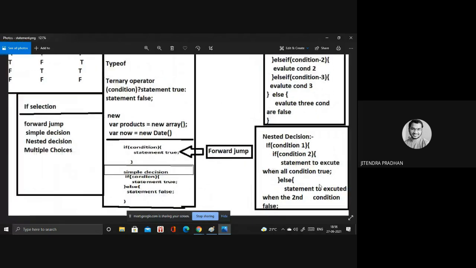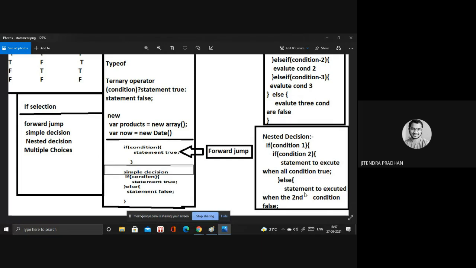In the nested decision, we have an outer condition and an inner condition. Two conditions: condition one, condition two. If the first condition is true, then it goes to condition two. If the first condition is false, then it goes to the else part.